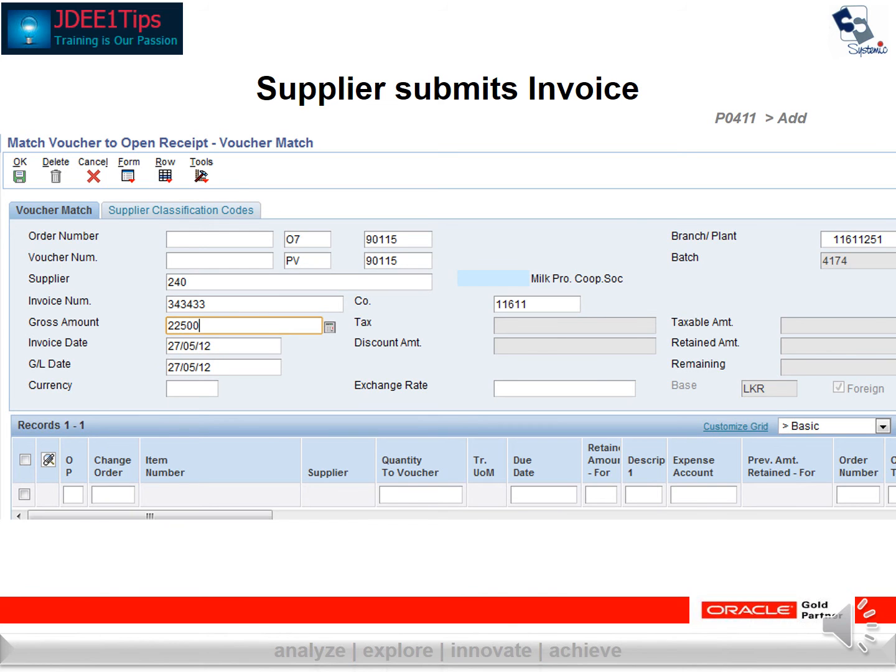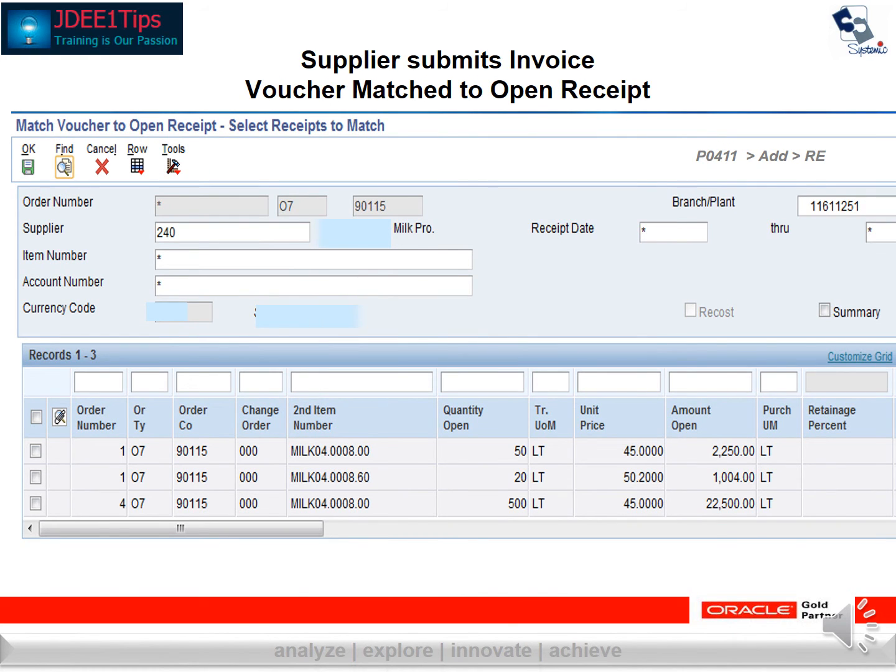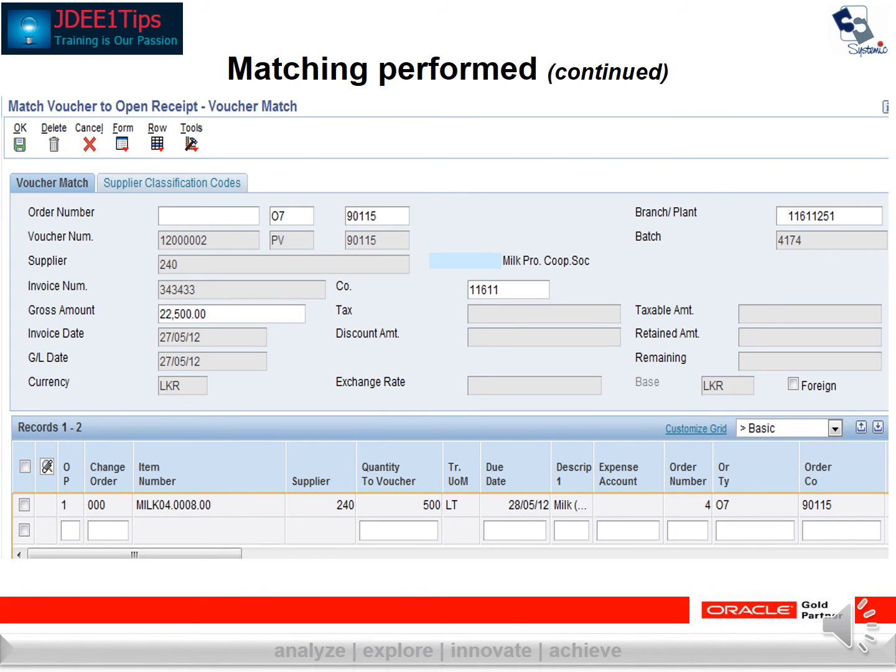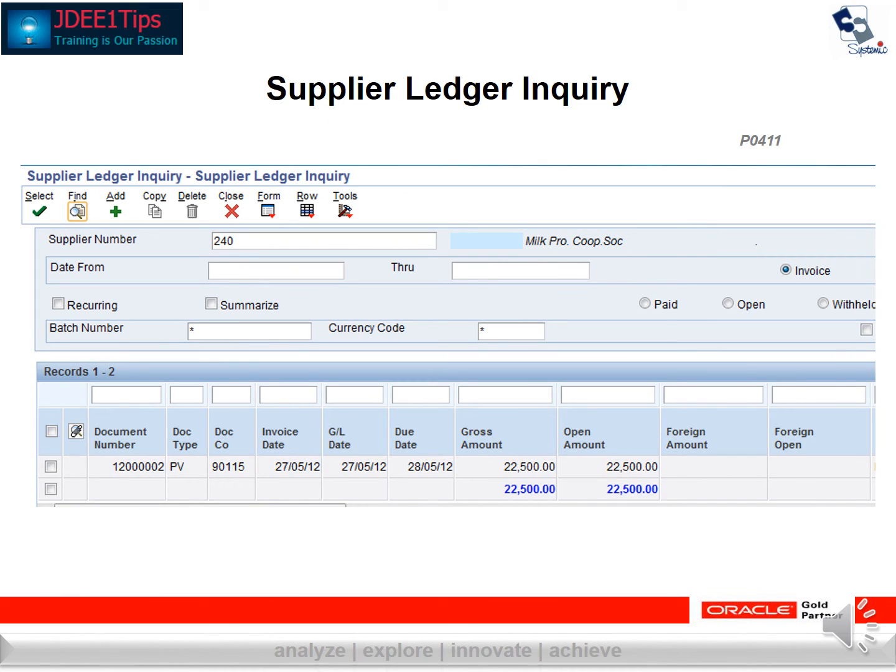The invoice is matched against the open receipts. So you have 3 open receipts and you pick up which is the right one for which the supplier has given the invoice. The prices are protected, so you can't change them. And you apply that to a particular invoice. So the open receipt gets applied and a voucher gets created. Immediately the supplier ledger reflects that this has been vouchered,